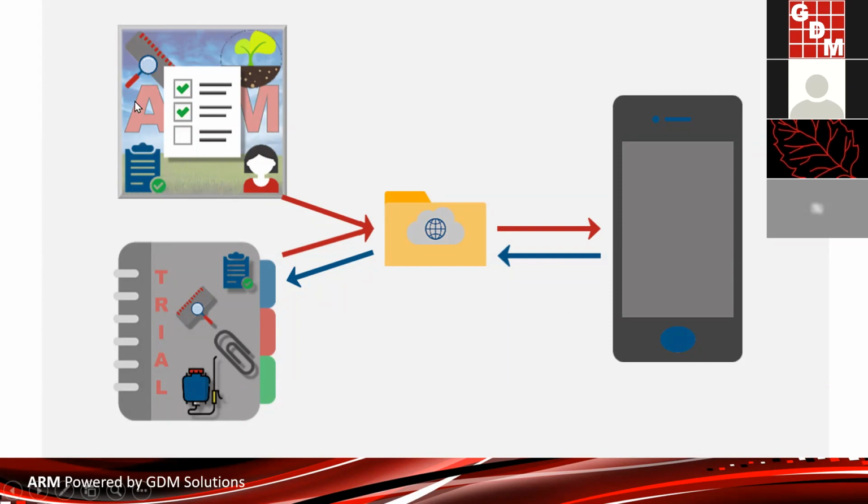And so the first component we talked about was the base information. That was really your favorites lists, your personal lists. And we'll see the full list of all of the lists involved with this. But pretty much anything related to assessments is going to come with. We're going to copy those lists into a folder that's in the cloud. So that way your ARM Mobile on your phone can download those lists, and that'll be the basis for what